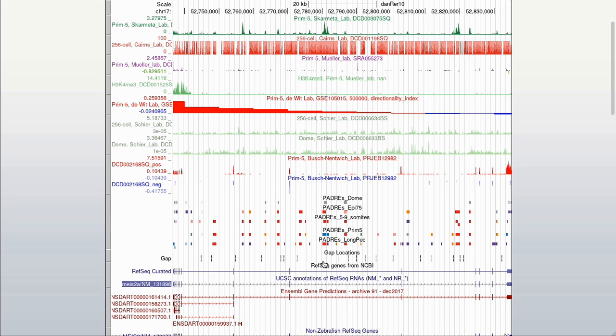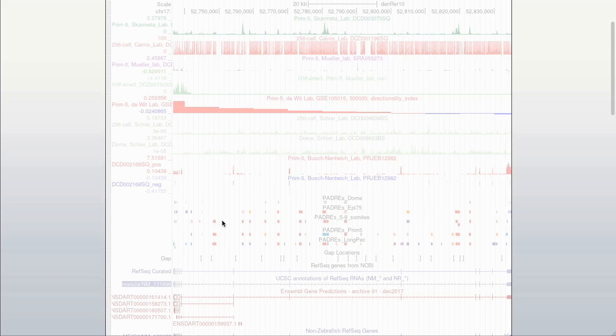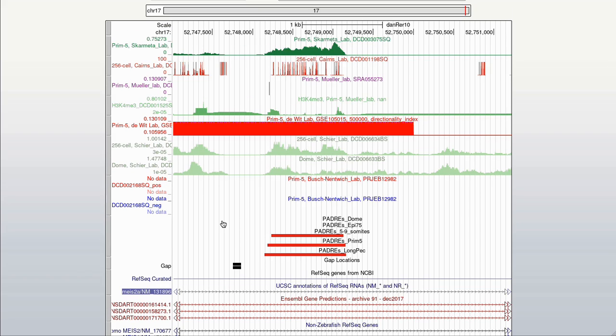You see now above the RefSeq and the GAP track, 5 PADRE tracks loaded, ordered by stages. And we'll see here, in one of these intronic regions, that in the later stages suddenly these red blocks appear. And if we hover over them, we can see that these are all enhancer elements. This means, besides being open chromatin regions according to ATAC-seq, they also have a strong H3K27 acetylation and H3K4 monomethylation signal. Let's zoom in and let's look for cell type specificity.